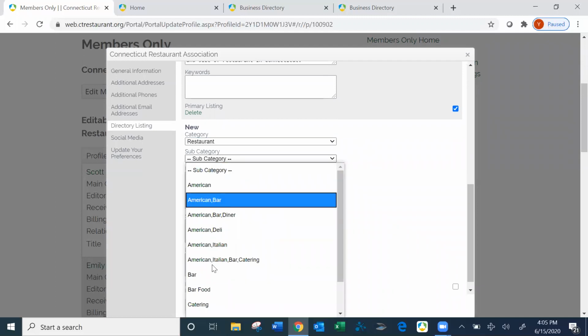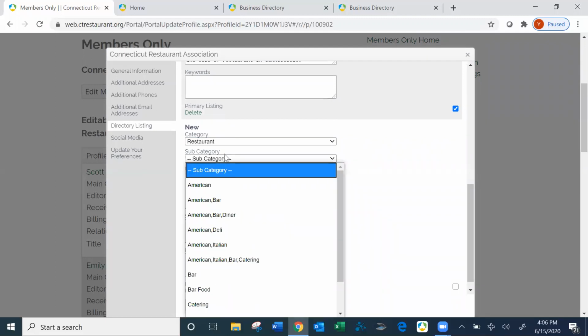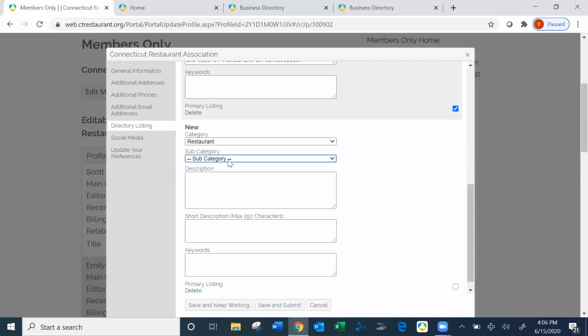As you can see, these options are a little bit in need of being updated, but if you see one that fits your business, go ahead and select that. Otherwise, as I mentioned, I would suggest adding at minimum keywords for your restaurant business and/or utilizing a good short or long description. And then once you have that information updated, you're just going to save and keep working